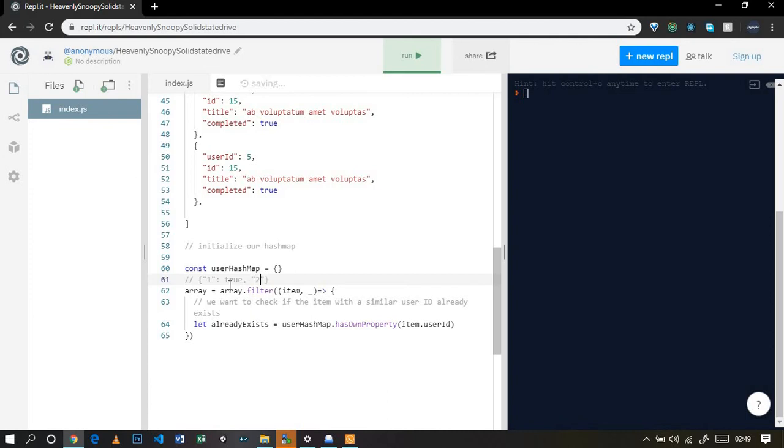Then you're going to have 2, initialize it with a true, give it a value of true, right? So this is how we want to construct our map. And if 2 already exists from our individual item in the array, it will simply filter out that duplicate, if that makes sense. So basically, user hashmap, it has a property if it already has its own property of item